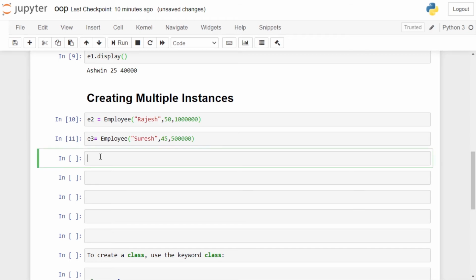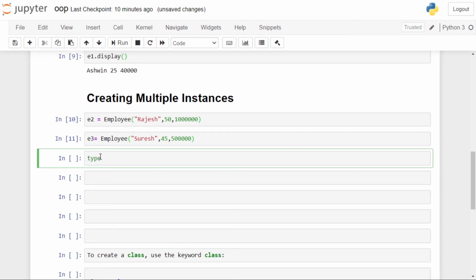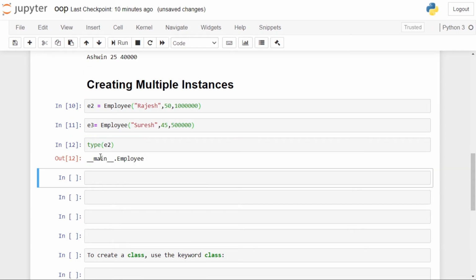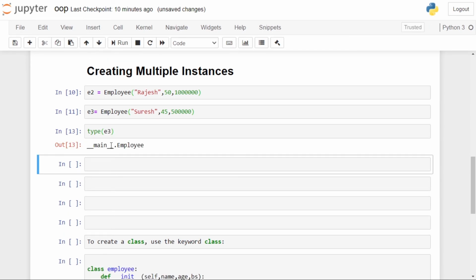You can check the type of object E2. Type of E2 will be Employee. Similarly, type of E3 will also be Employee.